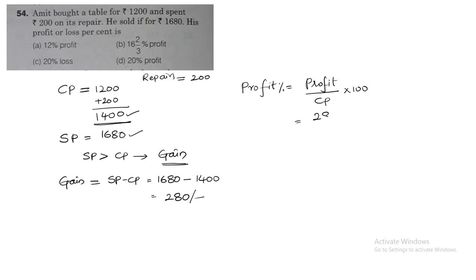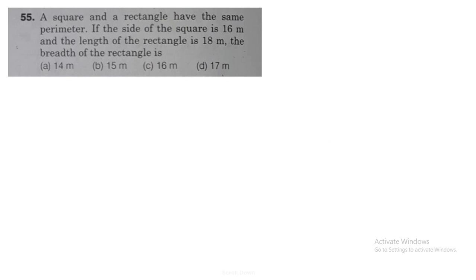Now write down the profit. So what is the profit that we got? 280 divided by, what is the cost price? So cost price is 1400 into 100 by 1. Now if you observe, I can cancel out these two zeros with these two zeros. Next, finally what am I left with? 280 by 14. Now in the 14 table, 14 twos are 28. So this goes 20 times. So the profit is 20%. Hence the answer is option D. So you need to remember these formulae. Next, moving on to question number 55.